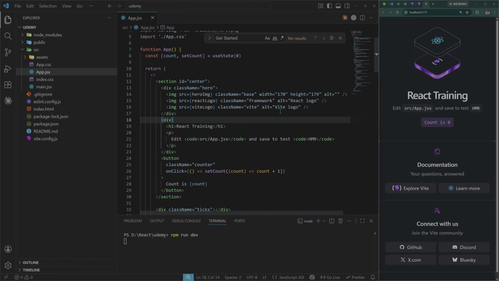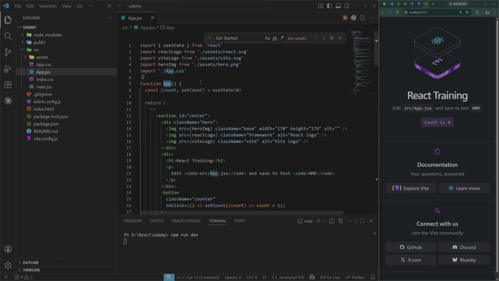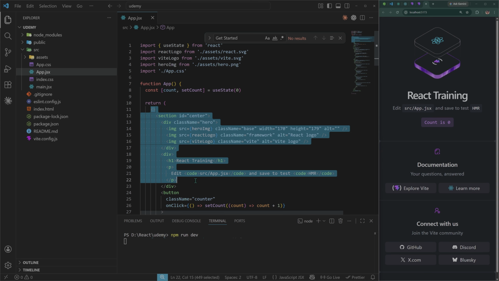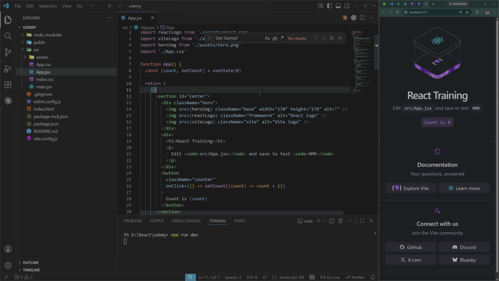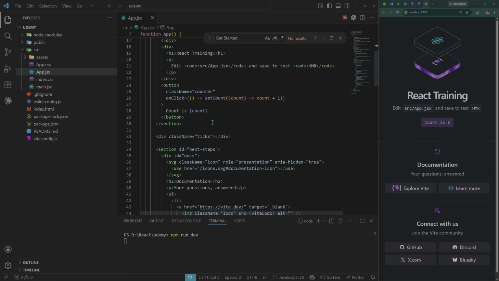Now here I will quickly clean this application. So this is our main app component and it is returning this HTML looking like code, which is not exactly HTML but it is JSX. JSX means JavaScript XML. That means on a visual side it will just look like HTML, but internally all these tags get converted into respective JavaScript and this whole file gets converted into total JavaScript code. We will explore JSX in more detail in upcoming sessions, but as of now I will just delete this whole HTML code